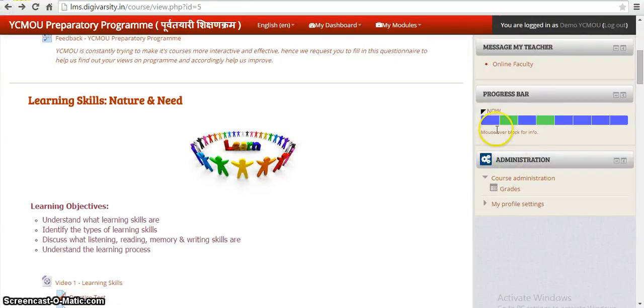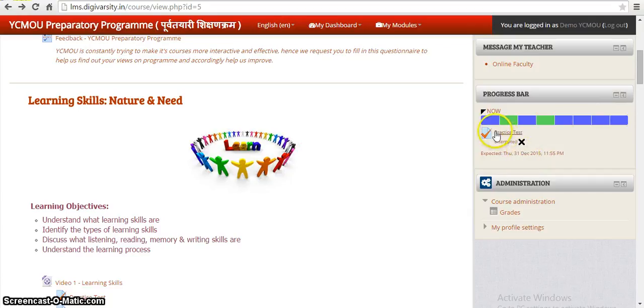Here we also have something like a progress bar. Now this progress bar actually shows the student what he has viewed. There are certain time limits which have been put in for each block or each subject, each topic to be viewed, each activity to be taken up. So once you take these, the time limit is mentioned there. If you view it, it turns to green. If you do not view it, it turns to blue. Still the time is left.